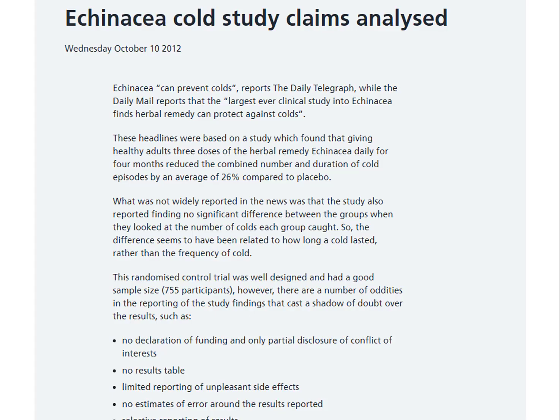So cold claims have been studied. A lot of the studies, if you look at these, you have the power to say, okay, what kind of reporting did they do? What was the sample size? And how did the results actually turn out? And so randomized controlled trials are always good. And if it's double blind, in other words, neither the patient nor the doctor knows who's getting what, those are usually the best,